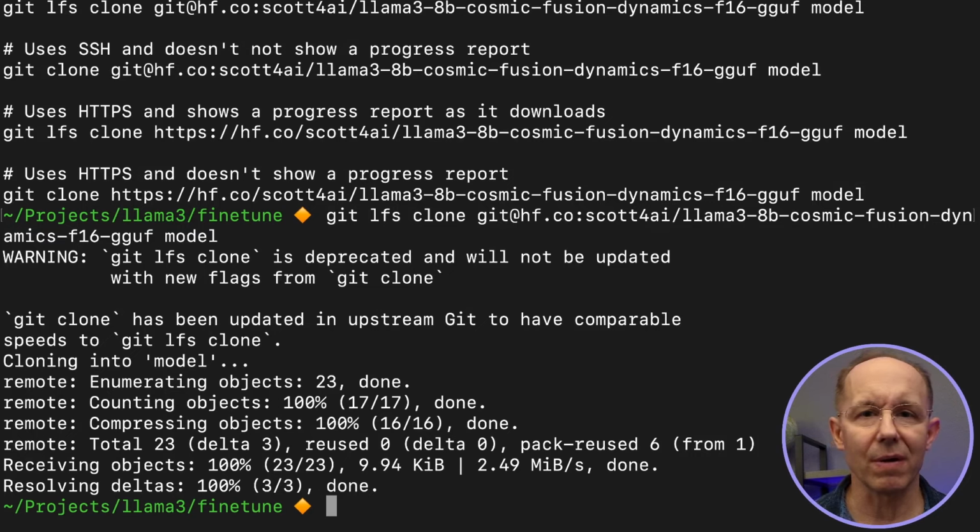The instructions for loading the model are contained in the model file. Let's take a quick look at that.